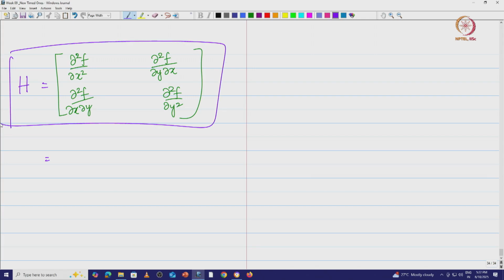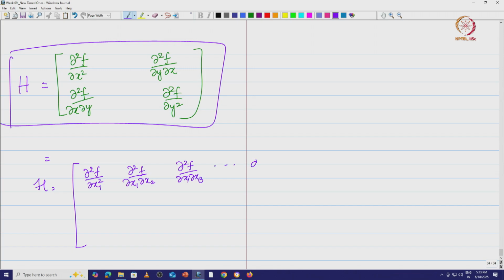You can look at a multidimensional function of multiple variables. This is going to look like dou square f by dou x1 squared. You are going to have dou squared f by dou x1 dou x2. We have dou squared f by dou x1 dou x3 and so on.